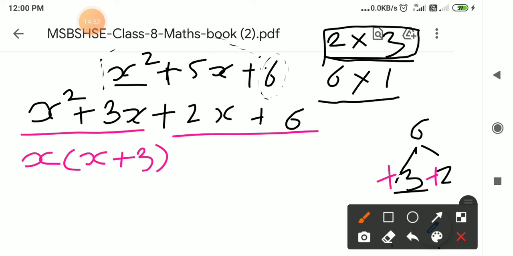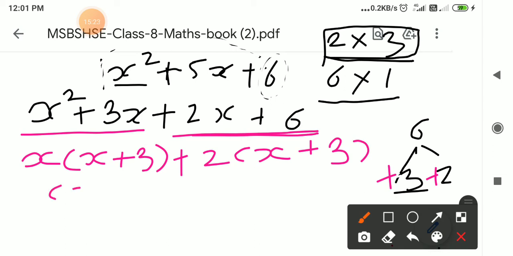Now the most important thing is that we have to check, here we have to give one sign. Which sign do we give here? We compare the second and fourth term, always the second and fourth term. If the signs are the same, give the positive sign. Clear? If the second and fourth term signs are the same, give the positive sign. And then what is common here? 2 is common, just take it outside. From 2x, 2 goes outside and x stays inside, and 6 is present at the third place.